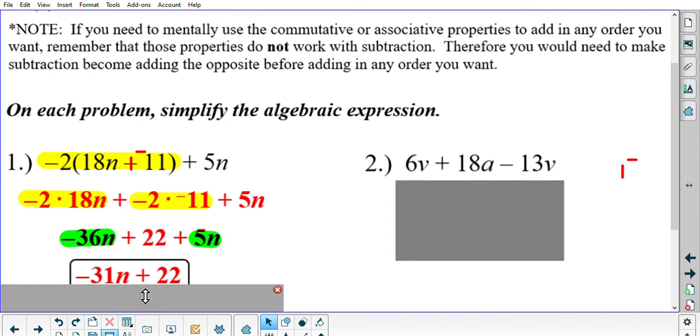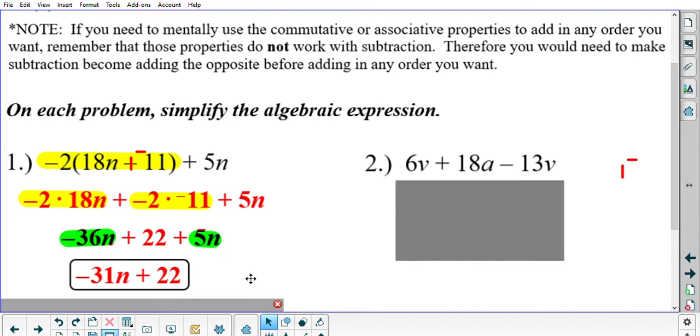Add the like terms together. When you have a negative plus a positive, remember you subtract in your head, so that's why this is negative 31n, not negative 37n, and then we still have the plus 22. You can't go any further because that 22 does not have an n, but the negative 31 does have an n, so they are not like terms. You cannot add them together any further. This is as simple as we can make this expression, and there you go, negative 31n plus